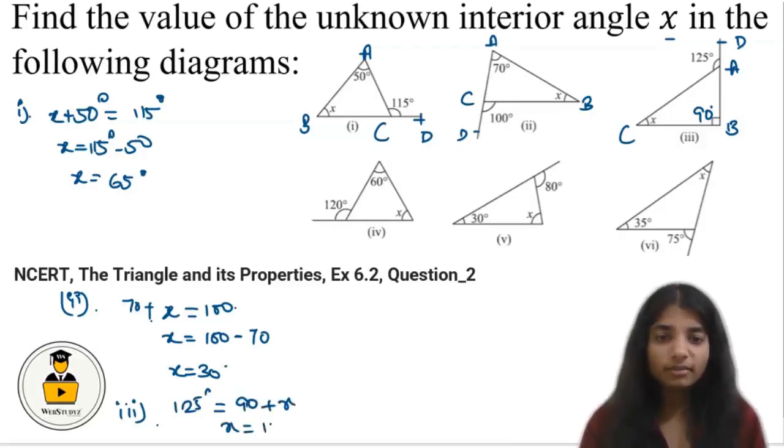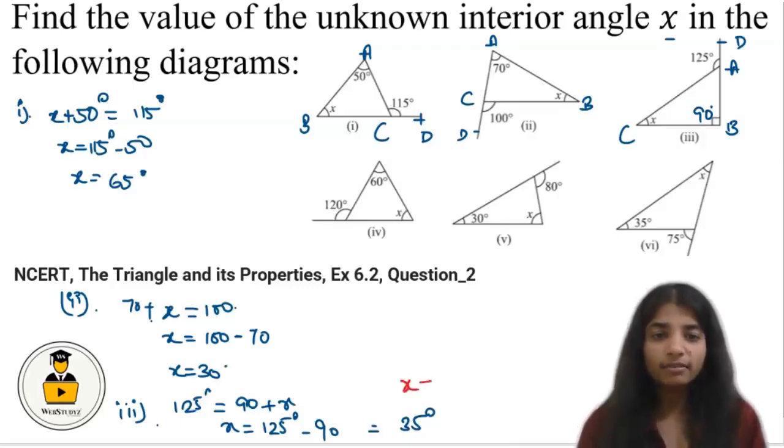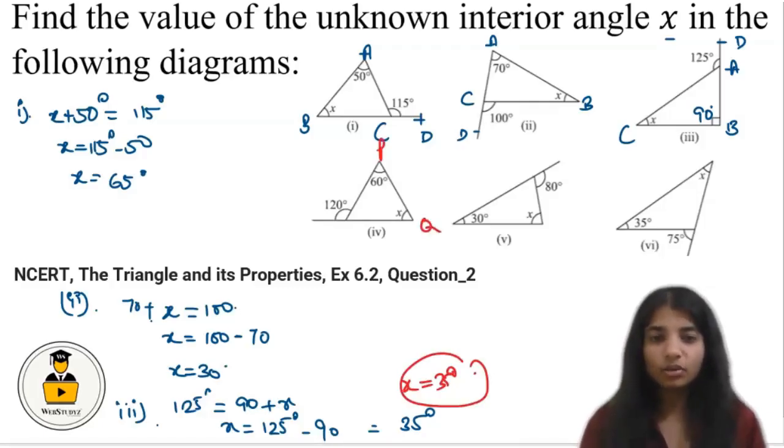So x from here is equal to 125 degrees minus 90. Solving this is equal to 35 degrees. So from here we get the value of x, that is x is equal to 35 degrees. So this is the answer to part 3. Next, discussing part 4, naming this, let's say this is P, this is Q,